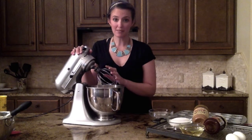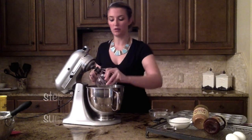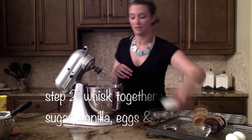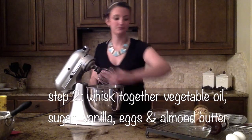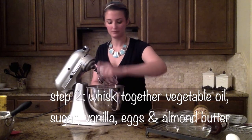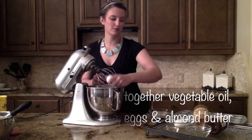Now, with your big mixer, make sure you put the whisking attachment on, and we're going to do the half cup vegetable oil, pretty much everything that's left aside from the strawberry jam or preserve, whatever you're using. So get that sugar in there. Get the vanilla, our 2 eggs, and then if you've never measured something really sticky like peanut butter, you are going to want